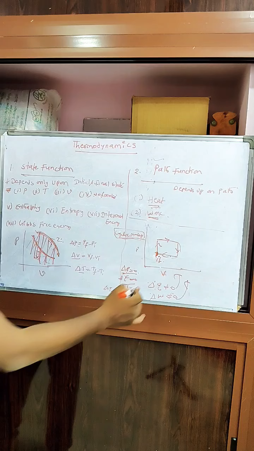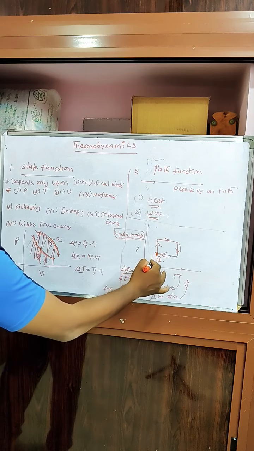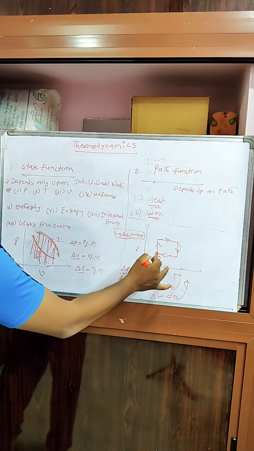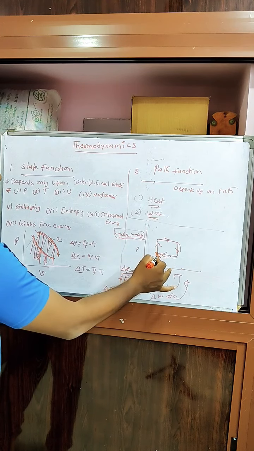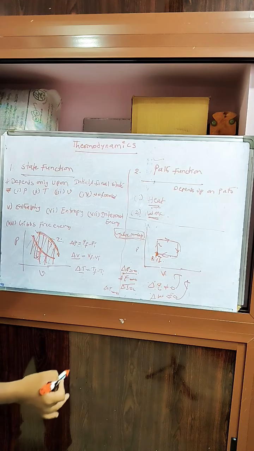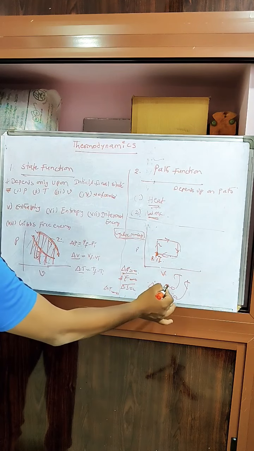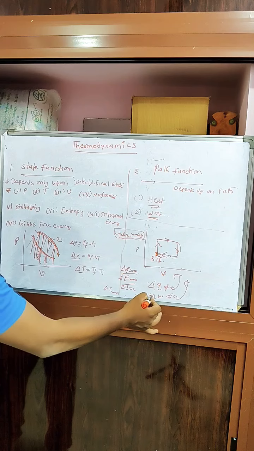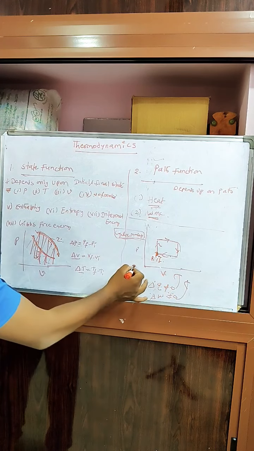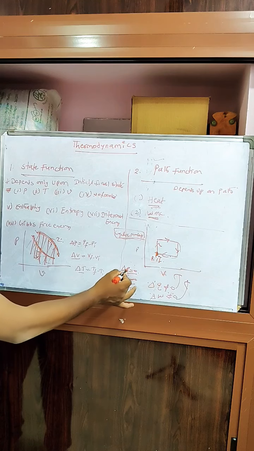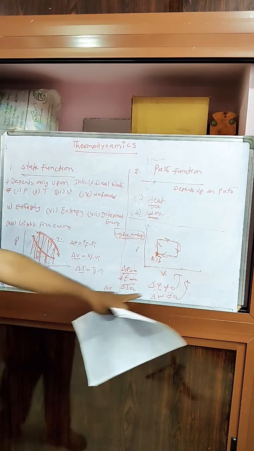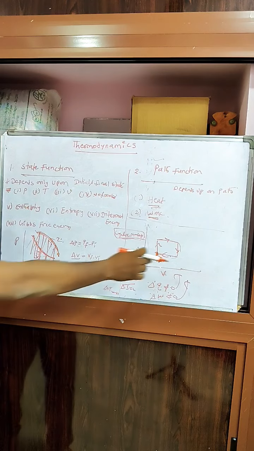But if you consider path functions, if you follow a path from the start here up to the final state here, and then follow a different direction from initial to final, delta Q is not equal to 0. Delta W, work, is also not equal to 0. But in this case, because the states are equal, the difference between the two is 0. But in the case of delta Q and delta W, they are not equal to 0. That's why these are the